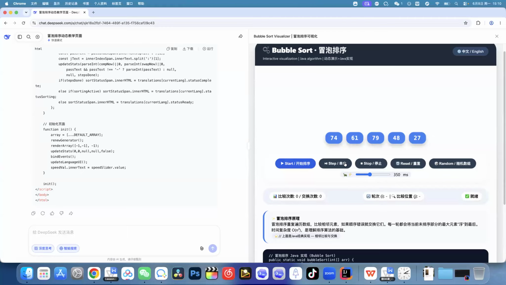For this one, we compare the first one and the second one. This one is smaller, right? So we change it. And we compare this one and this one. We don't change it. We compare this one and this one. We change it, right? We compare this one and this one. We change it. Okay. So you should notice in the bubble sort